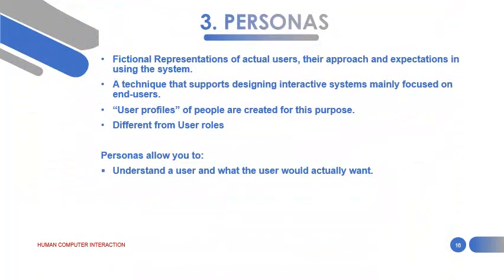So the third one we're going to look at is persona. And a persona is a fictional representation of an actual user, his or her approach and expectations in using the system. It's a technique that supports designing interactive systems mainly focused on end users, and user profiles of people are created for this purpose. So, with personas, we talk about